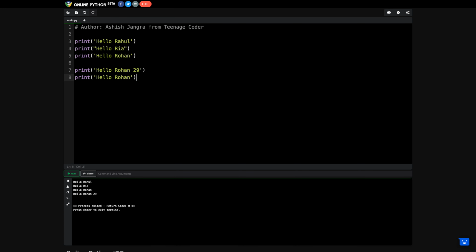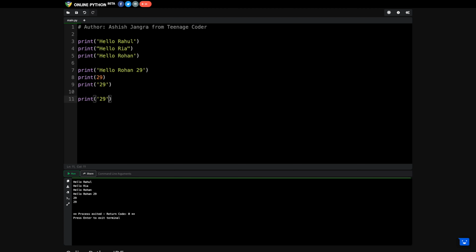And similarly, instead of writing direct numbers like 29, right? You can also write 29 within single quote. And it will give you the same result, right? And similarly, what you can do, let's suppose 3.147, you can also write it in this particular way.